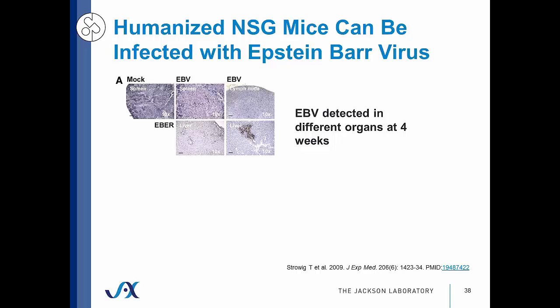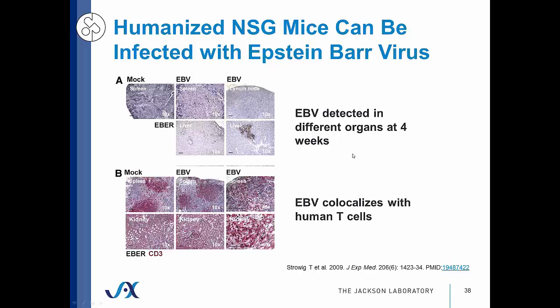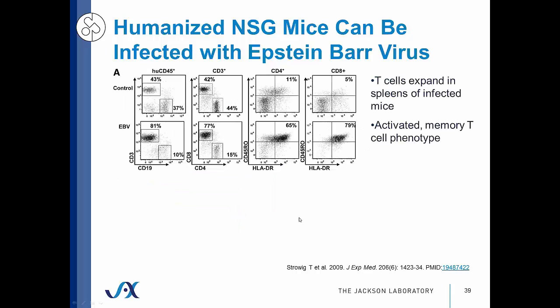So when they looked at weeks post-infection in the spleen, lymph node, and the liver, they detected EBV in each organ. And when they stained for human T cells in the spleen and kidney, they also found EBV to co-localize with these T cells. So they took a look at these T cell populations, and not only were they in close physical proximity of the virus, but they also were more activated in response to infection and expanded in response